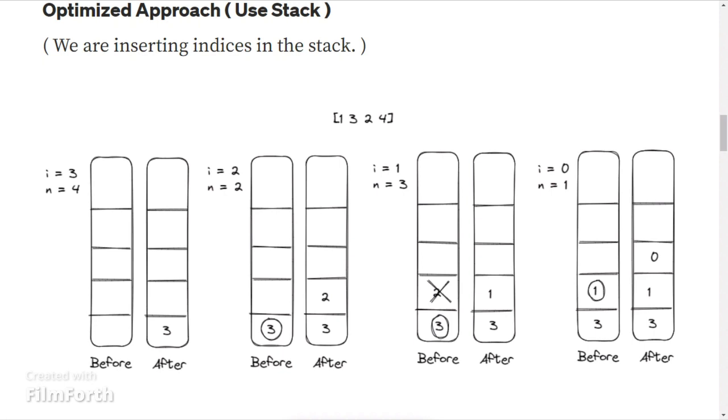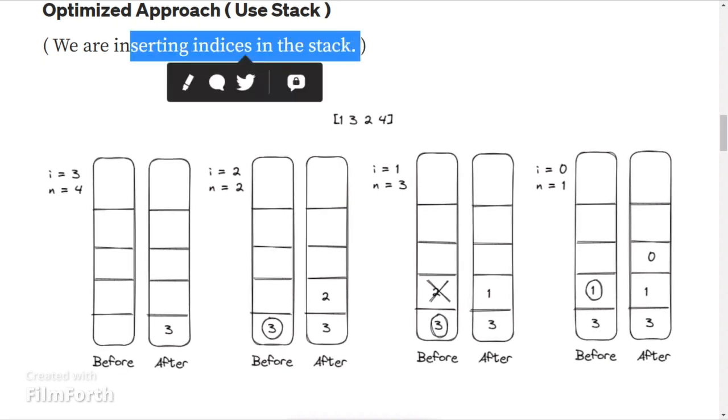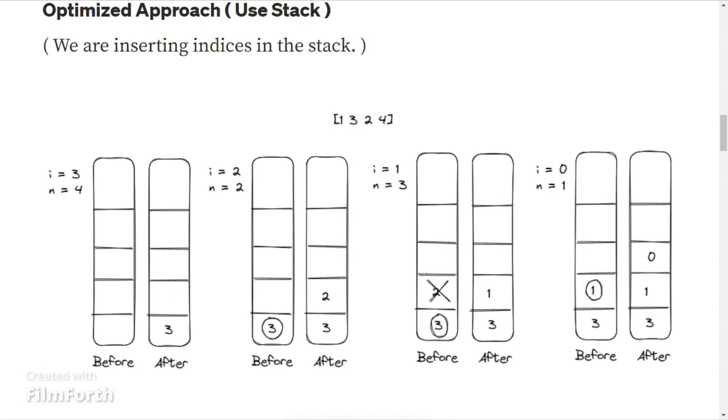you can see we already have a stack in which 3 is present. Remember that we are just pushing the index, not the actual number. So we are inserting the index in the stack. So for 2, the number at the top is greater, so it will return the number that is present at index i equal to 3. So that is 4. Now we will insert 2,